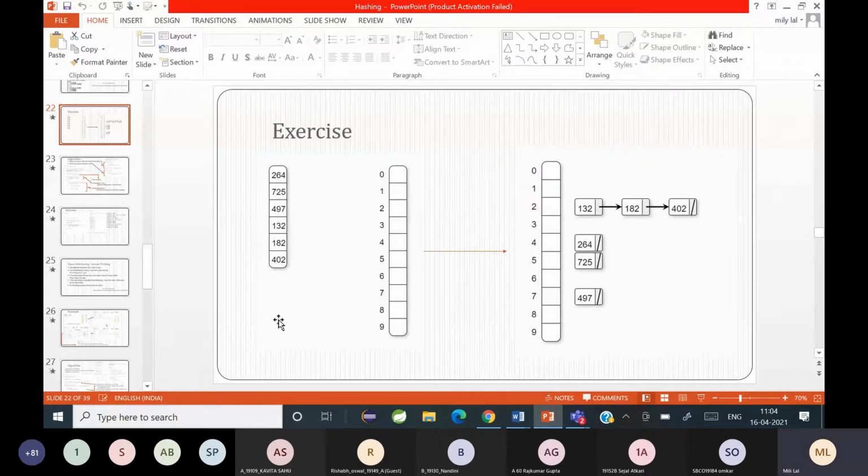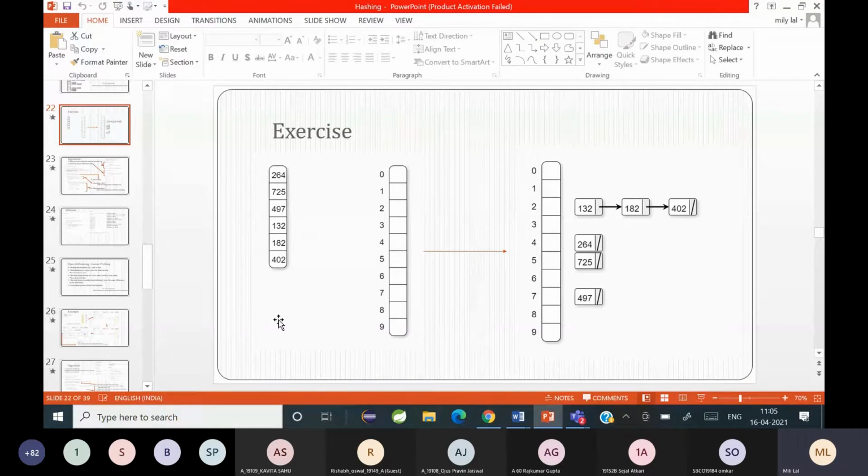Come on, students. Ma'am, if two elements have the same key, then we use a linked list. Yeah. So first, which hash function do we use here? Division method. Yeah, the division modulo method you're going to use. And you place the values based on the key generated.